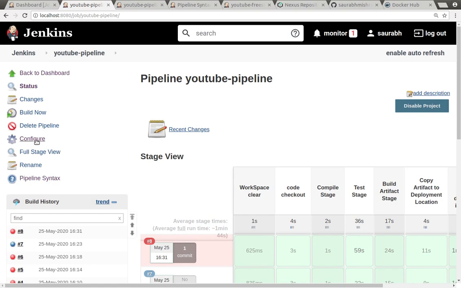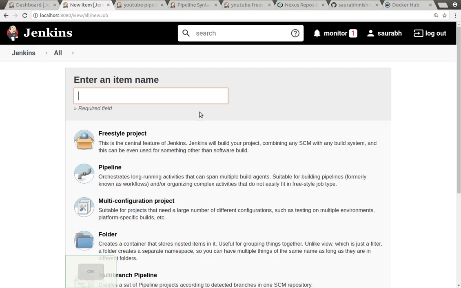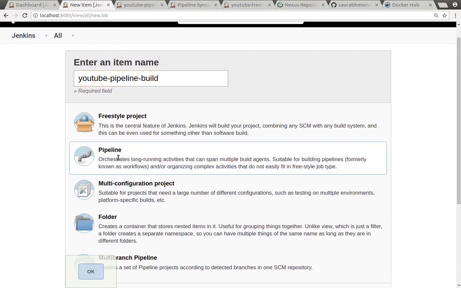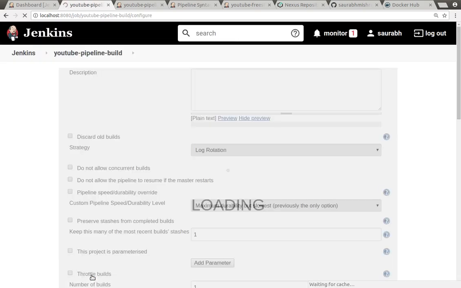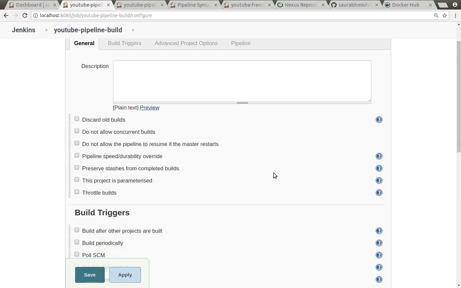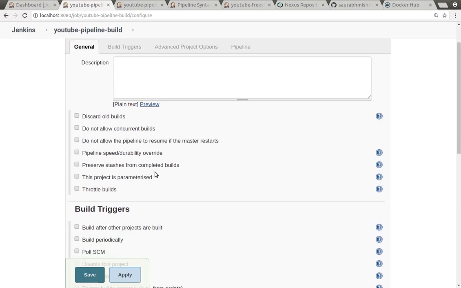Let's go to the new item selection. Here I want a pipeline type of build. For that, I have to give a name. After that, I'll select pipeline, then I'll click OK. Here again, you can see that all those options are there.